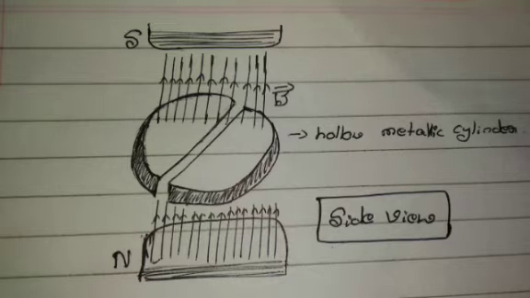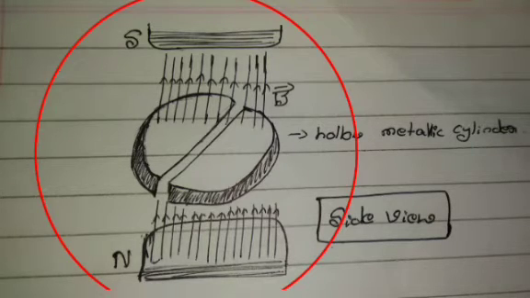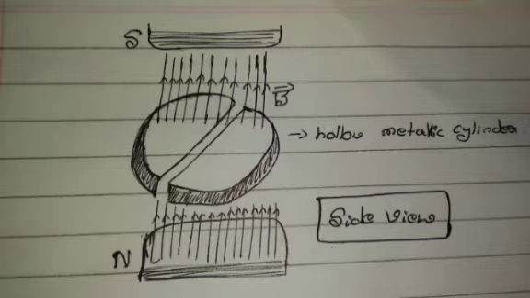When we cut the whole cylinder along the diameter, we will get two pieces. This is a hollow metallic cylinder, so we will get two sides of this hollow metallic cylinder. At the center there is a small gap between these two pieces, and these two pieces are called D's, named D1 and D2. It is shown in the figure, and it is the side view of the cyclotron.